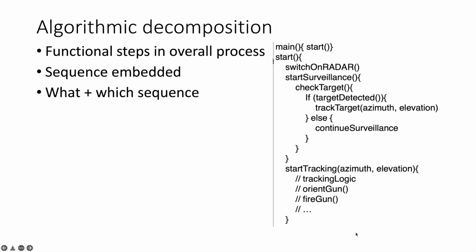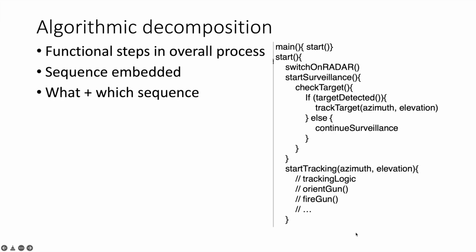But this is a kind of pseudocode, just for explanation purposes. So there will be some functionality called main. From main the start will be called. Within the start a few functionalities will be called. Now there will be some functionalities which will be elaborated separately as functions, procedures, subroutines, or operations. And this way the total functionality is split. But here we are not talking about anything like the object, its responsibility, its data. In fact, whatever data is required for this system might be stored somewhere else as global data.